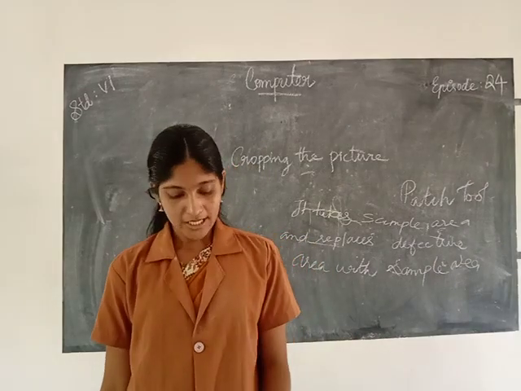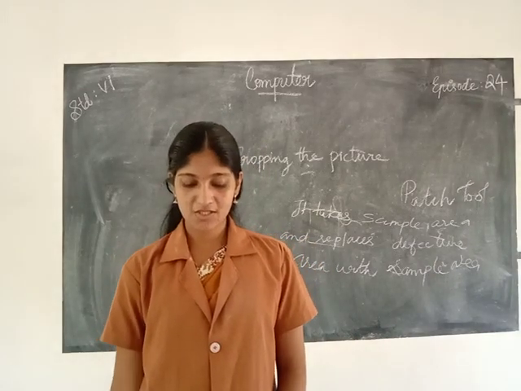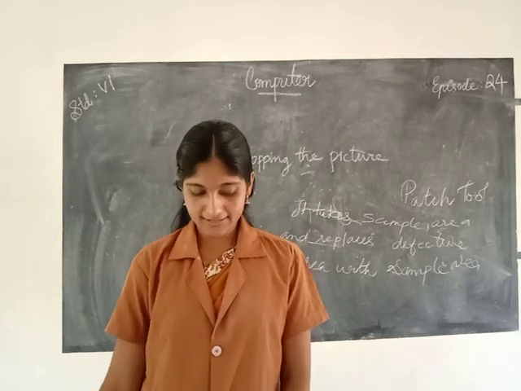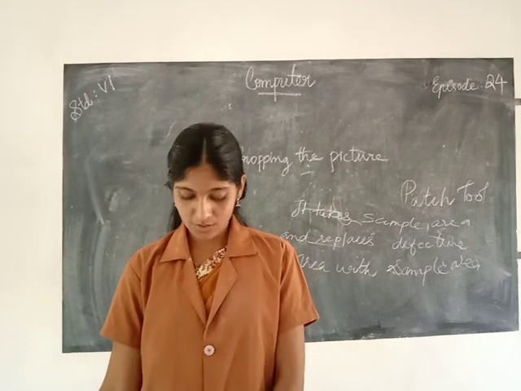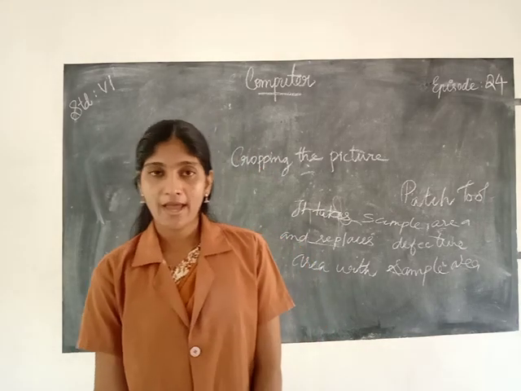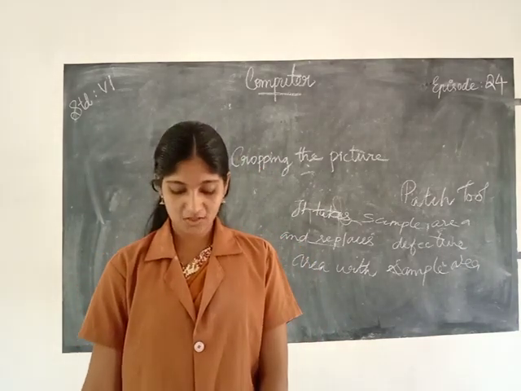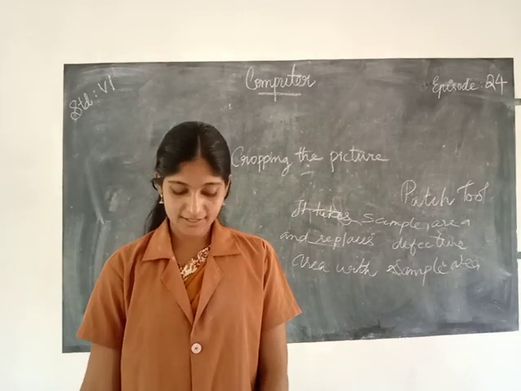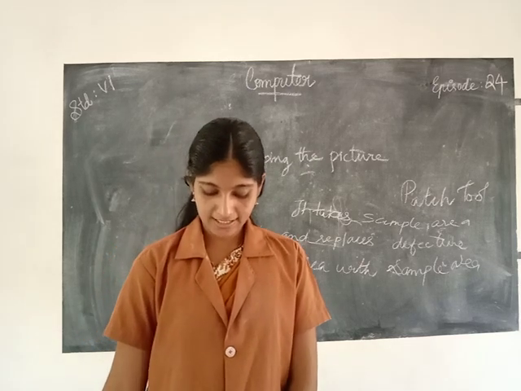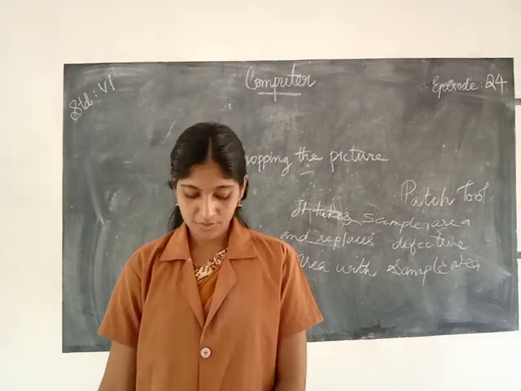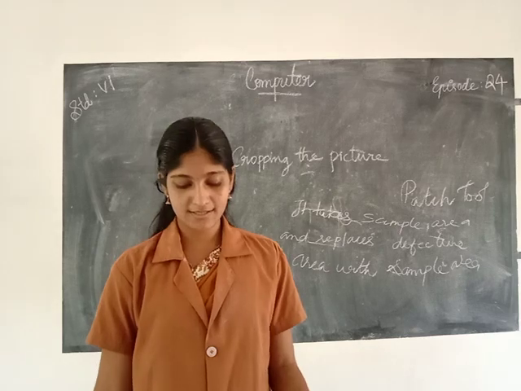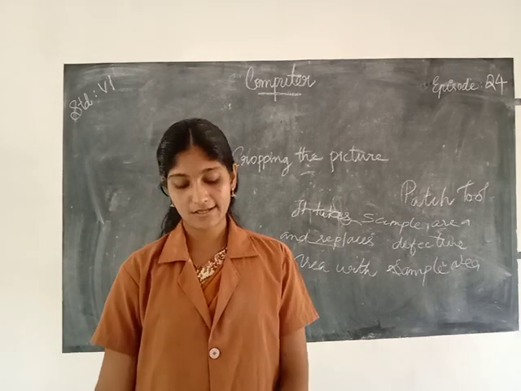Then to undo the actions taken on a picture, which palette do we use? History palette. Here the history palette can be used to bring your image back to the previous stage when the changes were not applied. So when you are editing the picture, if you do not apply any filters or edits, that means changes were not applied. So at that stage, to bring back your previous image, you should use the history palette. So to undo the actions taken on a picture, we use the history palette.